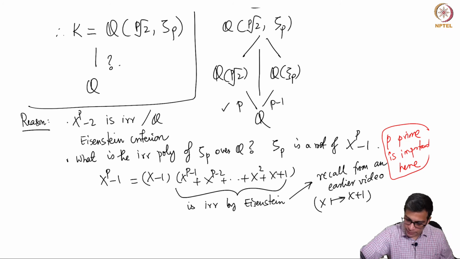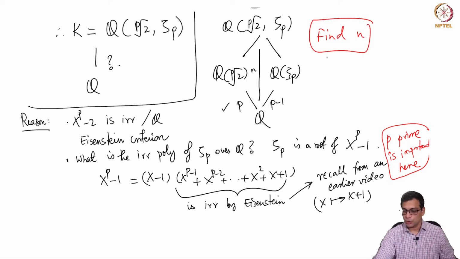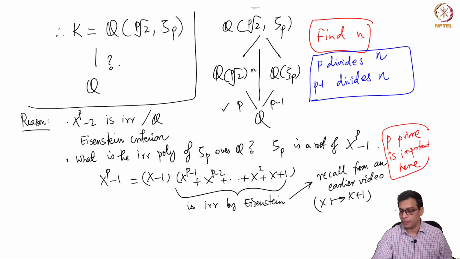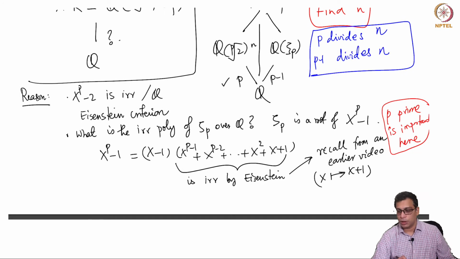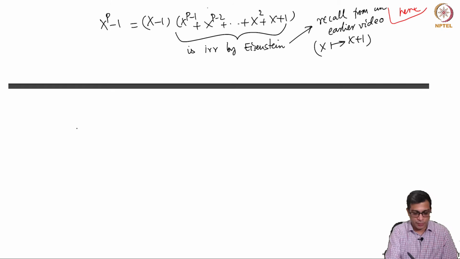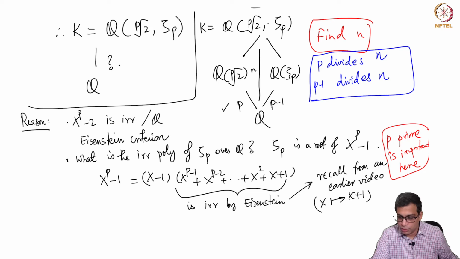That means whatever this number is, we are interested in finding this number n. So the question is: find n. What we know is that p divides n, and also p minus 1 divides n, right? Because n is equal to p times this number, n is also equal to p minus 1 times this number. But of course there are lots of numbers that p and p minus 1 divide, but I claim that it must be p times p minus 1, because now let's look at what can be the degree of, let's say, this.